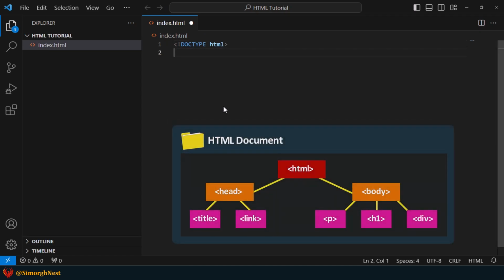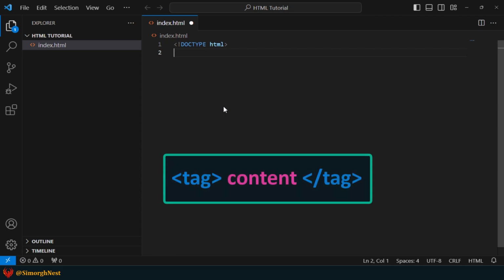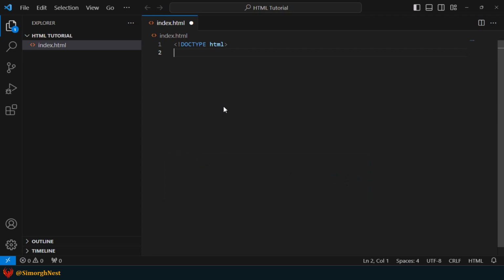Okay, the first tag in every HTML document is the HTML tag. It's the root element in the HTML document and is used as a container that holds all the HTML content for the entire document. To add it to our HTML document, first we have to learn how to create an HTML element. Most HTML elements, including the HTML tag, have three main parts. Opening tag, which consists of the name of the element wrapped in opening and closing angle brackets. This states where the element begins to take effect. In this case, let's say opening angle bracket, HTML, closing angle bracket.